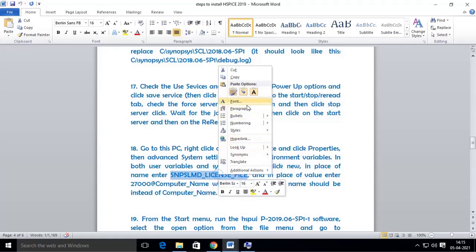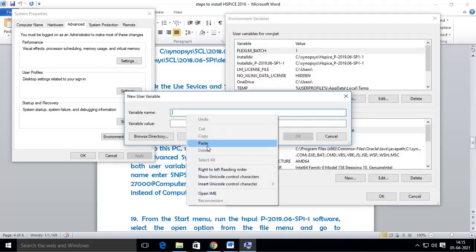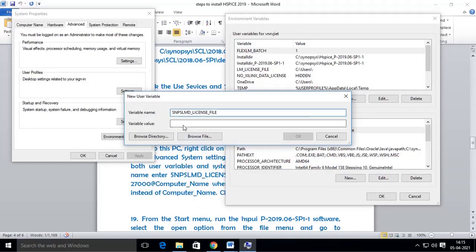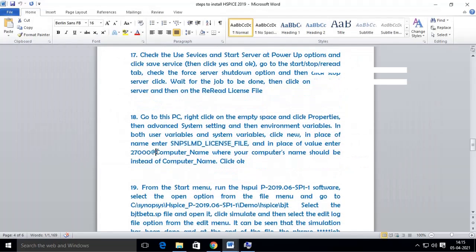So in place of name, enter SNPSLMD_LICENSE_FILE. So copy that, and in place of variable name, paste here, and in place of variable value, type 27000@computername.